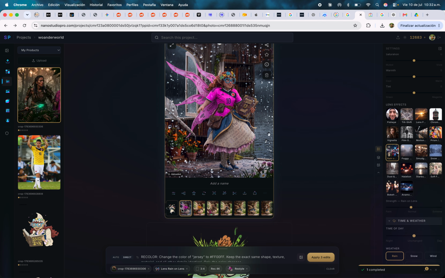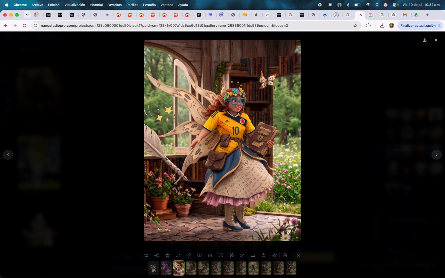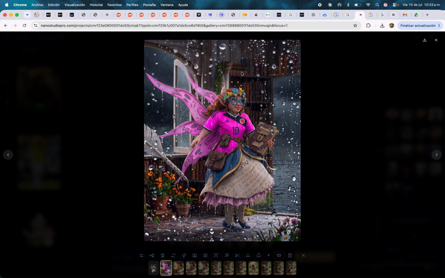So this is just an example, and it left the image exactly as it was. It didn't change anything else. I mean, the rain did change the background, but I just wanted to test what happened if I did that. But yeah. So contour detection, the skeleton, the pose editor,